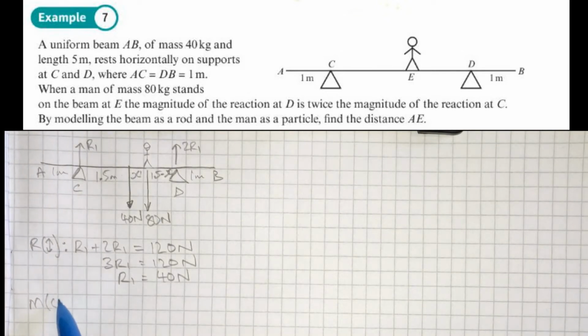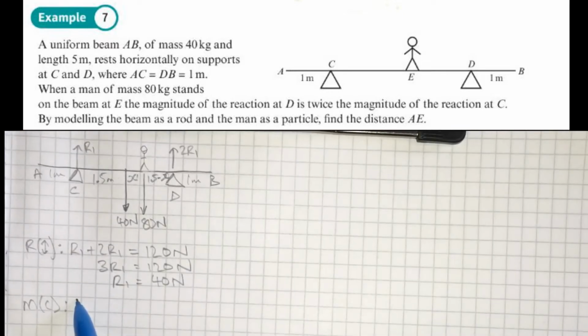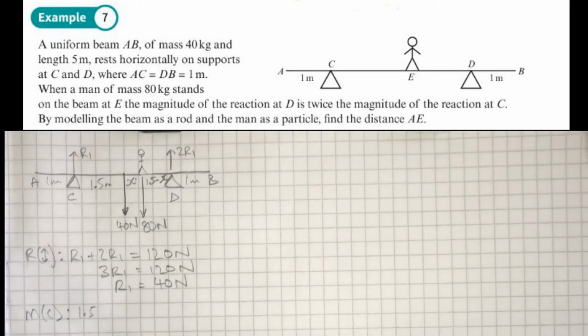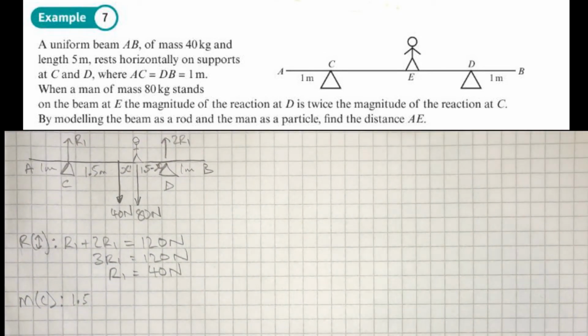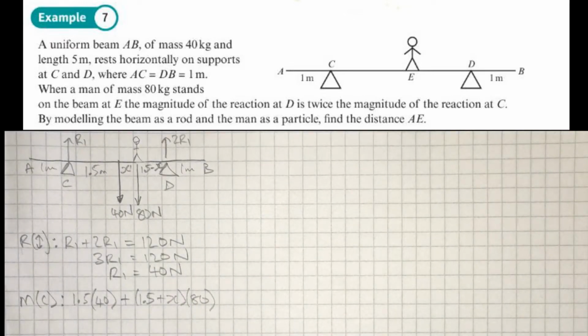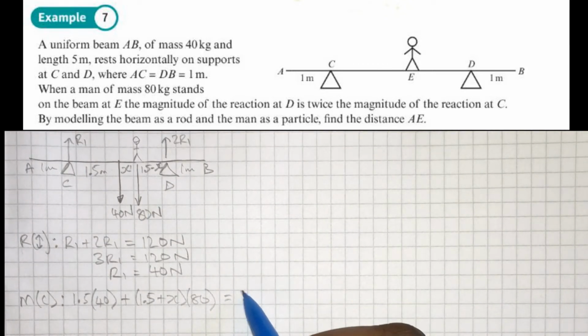And taking moments around C. Okay, so we've got two clockwise forces, being the 40 newtons, which is 1.5 meters away, and also the 80 newtons, the weight of the man, which in total is 1.5 plus the unknown X distance away. So those two moments are added and should equal the anti-clockwise moment, which altogether is going to be